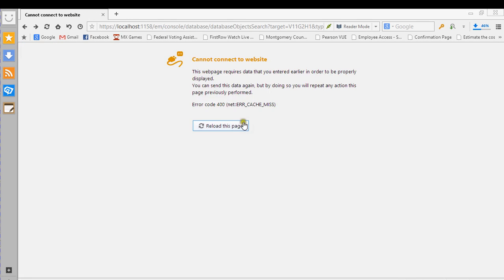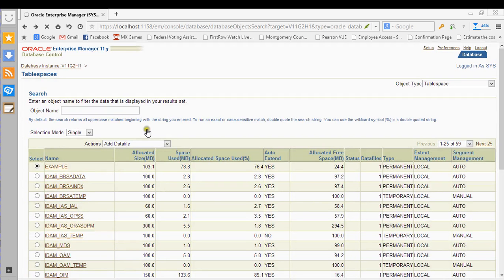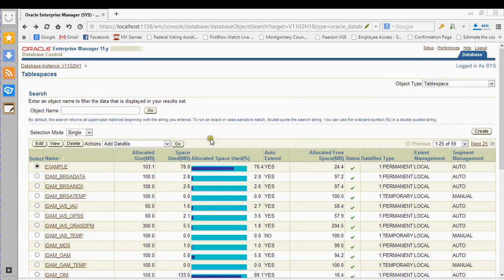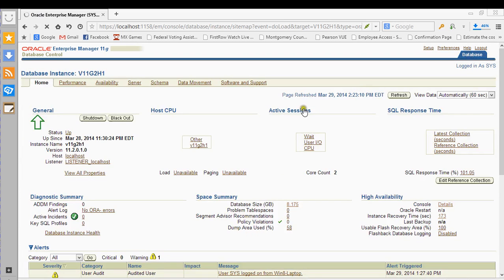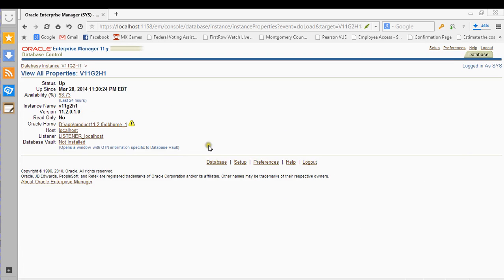To go back to the main page, you just have to come up here and click on database. It's going to take you back to the main page. Again, you have your listener here. If you want to look at the properties, you'll see this is the Oracle home, this is localhost, and database vault, which I chose not to install. Let me go back,